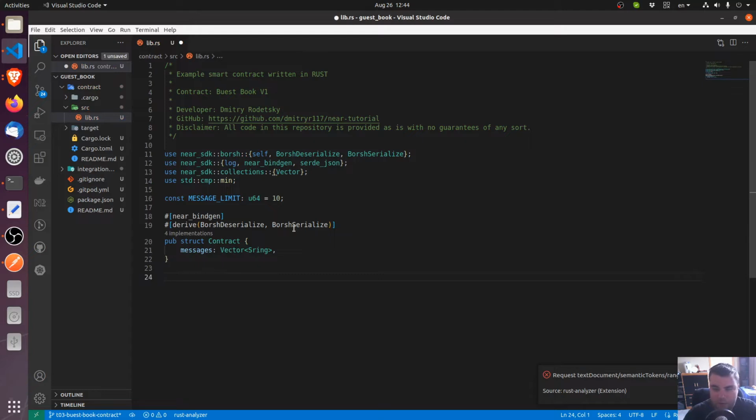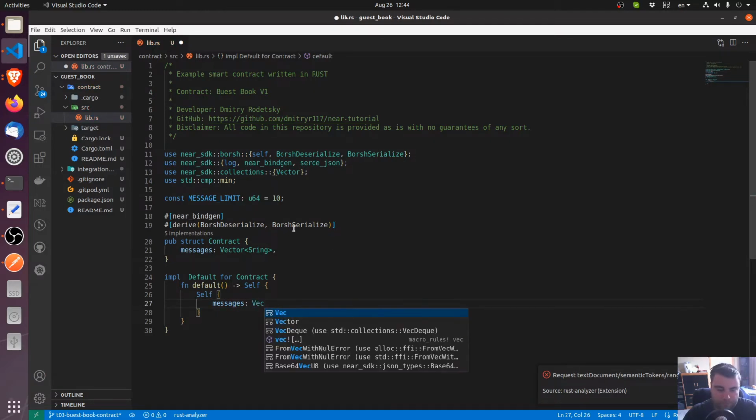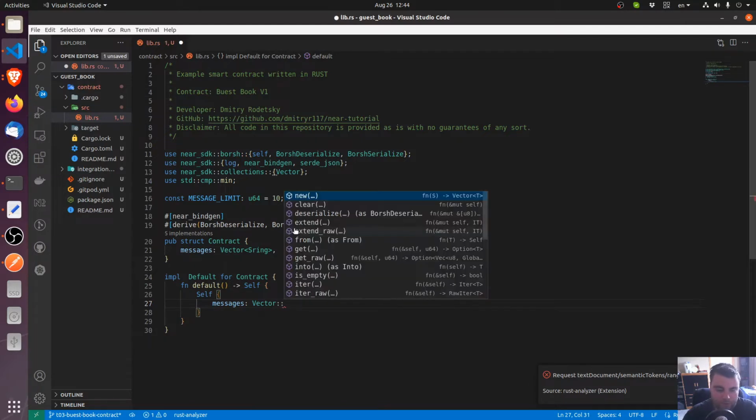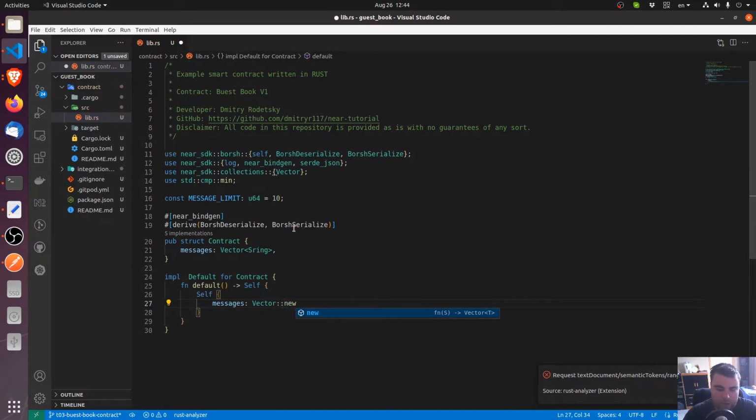And we're done here. Now I'm going to implement Default trait for Contract. Set the function default. Okay. We need to do a Self here. And messages is going to be Vector::new. Vector, 2 colons, new. And I'm going to set the